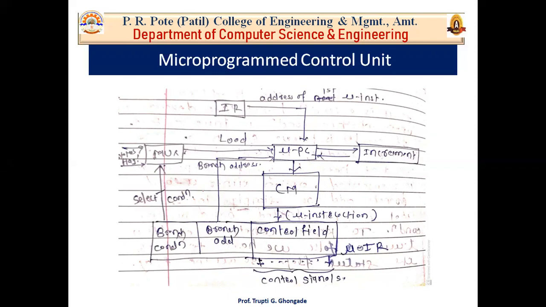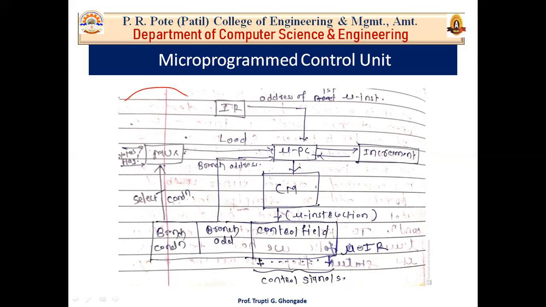A microprogram control unit is a unit that is made using software, using micro instructions. We don't yet know what micro instructions are, but we will discuss them. Here, the diagram you can see is not a circuit. This diagram is software. This complete diagram is a software, not a block diagram and not a circuit.